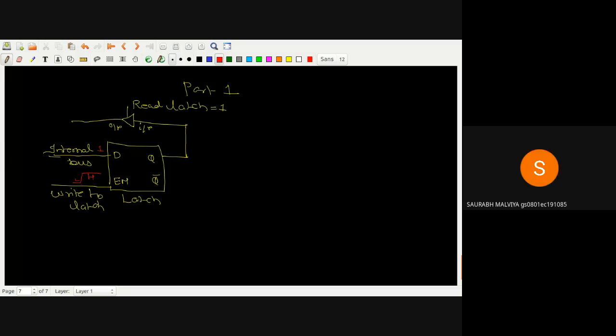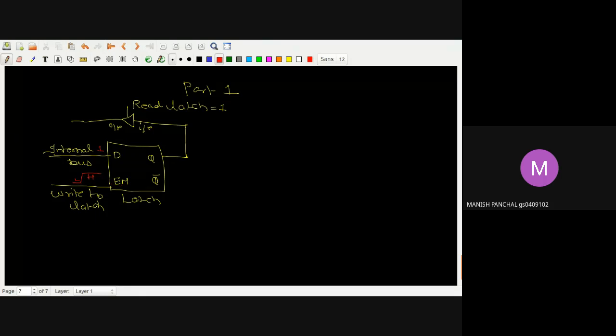सर फिर Q पर भी 1 चला जाएगा। Read latch अगर 1 हो, और फिर हाँ, input reflect हो जाएगा output पे। एक मिनट, अपन start करते हैं। जैसे मान लो एक data है 1, वो मुझे इसके अंदर latch करवाना है। तो मुझे क्या करना पड़ेगा? एक pulse यहाँ पे apply करनी पड़ेगी जो इस enable को enable करे।